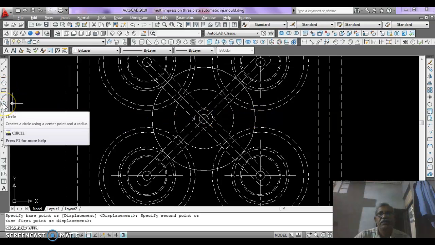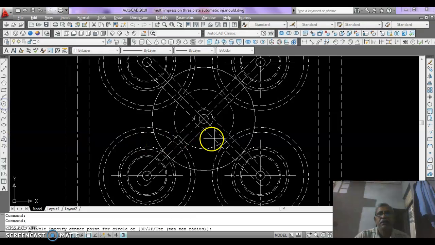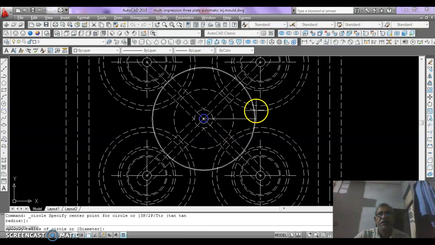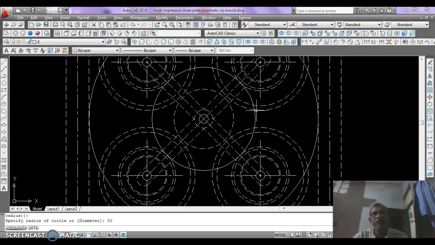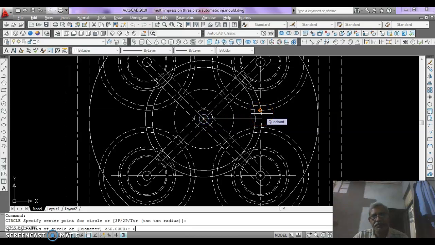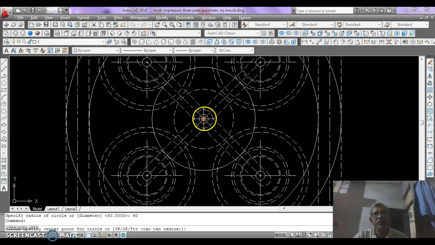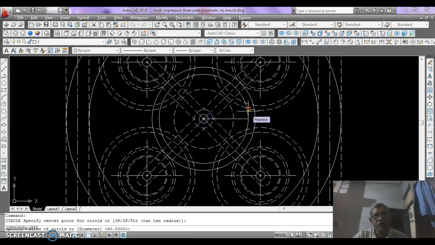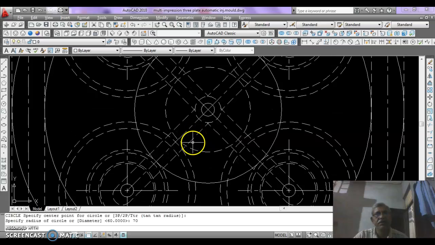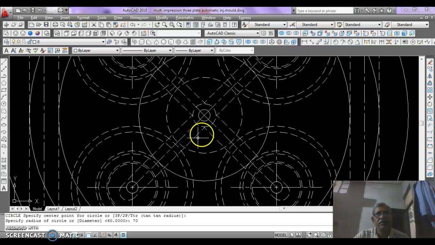Just click here and draw a circle of 50 mm radius, then 60 mm radius, then 70 mm radius. This is our register ring,